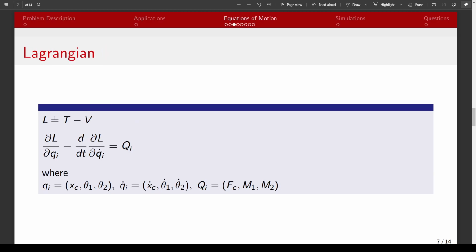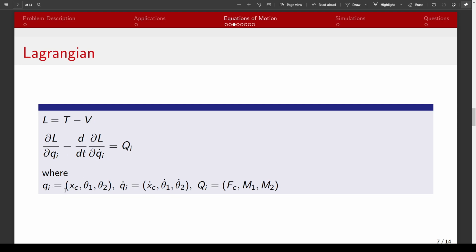So we're going to use the Lagrangian approach to solve this problem, and we have L equals T minus V, the kinetic energy and the potential energy here. So we're going to take partial L with respect to Qi, and we're going to subtract the time derivative of partial L with respect to Q dot i, and that's equal to Qi, which I believe is D'Alembert's principle. I'm sure I'm not pronouncing that right, but